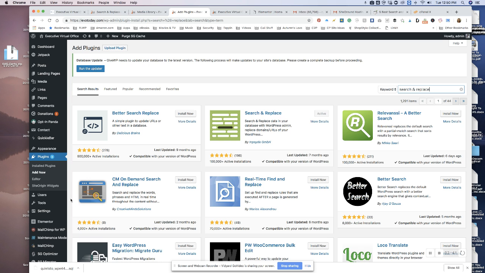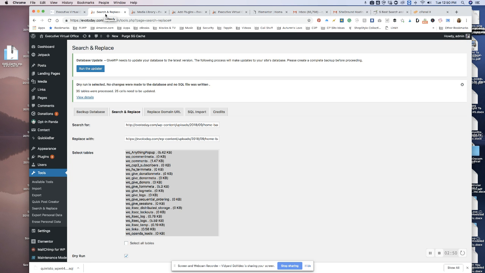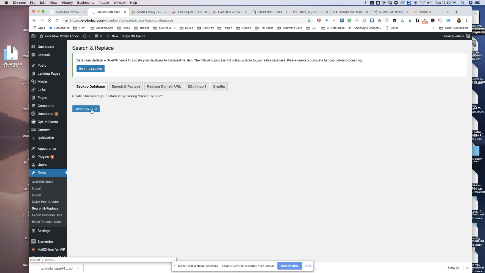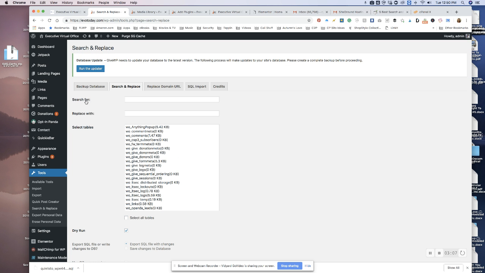Now, in order for you to find it, you need to go under Tools, and it will be here, Search and Replace. And this is how it will come up. Now, one of the first things they advise you to do is to back up your database. So you create a SQL, which I've already done, and then you will go here, and this is where you're going to have them search the URL that is currently unsecured, and then have it replaced with a